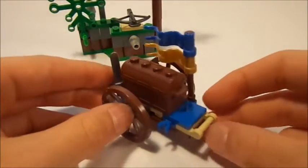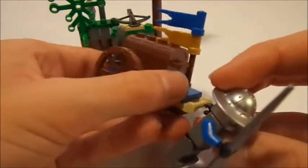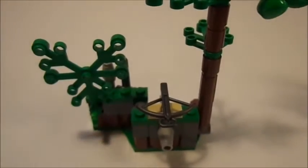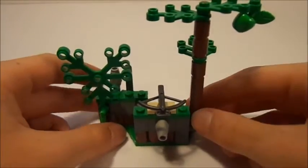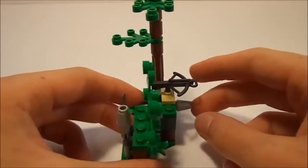Now you can see the handle over here, in which you can have one of your knights come over here and hook onto it. And so there he goes. Now he can carry away the cart. Next up, we're going to check out the ambush spot here that the Dragon Knights are camping out at. First off, you see this crossbow that is mounted right here, as well as